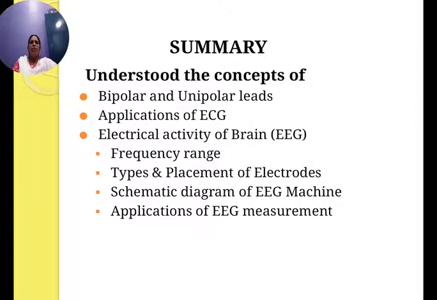Then coming to the next topic, the applications of ECG. ECG is used to indicate the rate and rhythm, or pattern of contraction, of the heart. It also gives a clue about the condition of the heart muscles and is used to diagnose heart disorders or diseases. It helps to determine whether the heart is normal, enlarged, or whether certain regions are damaged. It can also reveal irregularities in the heart rhythm, known as arrhythmias.